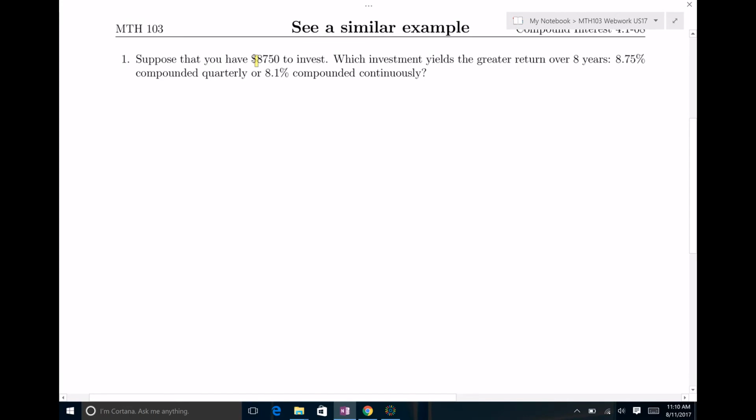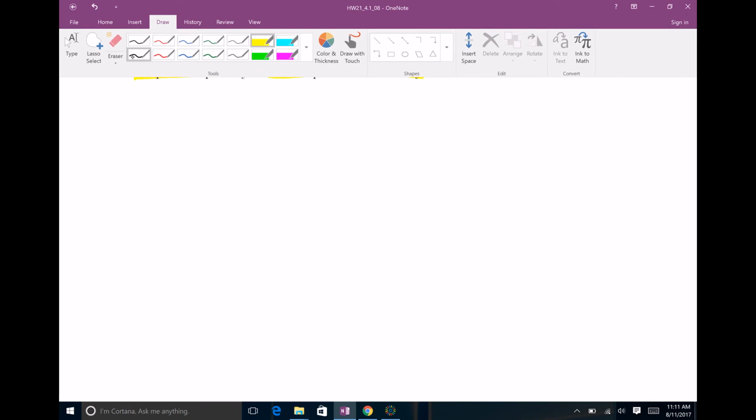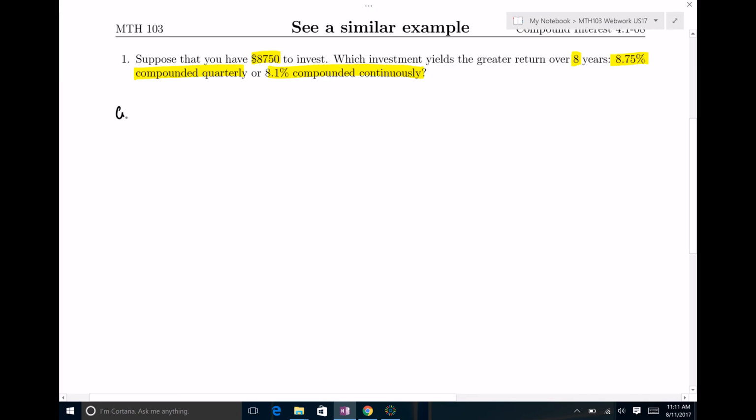Now you have $8,750 and you can invest this in one of two ways. Either you can compound this quarterly at 8.75% or you can compound it continuously at 8.1%, and you want to know which investment yields the greater return over 8 years. So I'm going to look at both of these situations, but first I'm going to look at what happens if